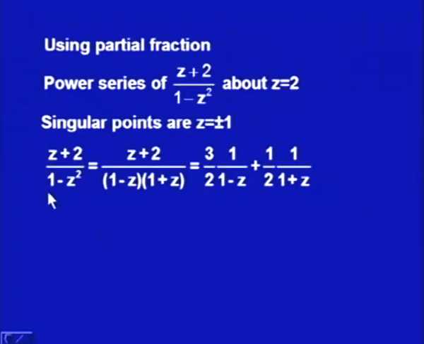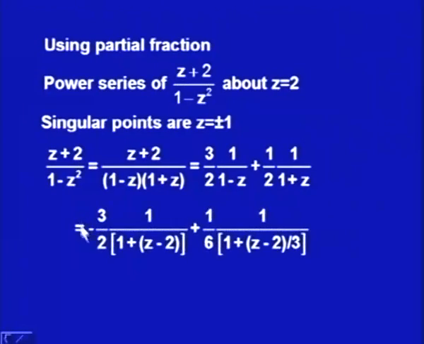the power series for (z plus 2) over (1 minus z squared) in powers of z, but this is required in powers of (z minus 2). So, we have to rewrite this. So, 3 by 2 into 1 upon (1 plus (z minus 2)). I write this expression as 1 plus (z minus 2), which is equivalent to 1 minus z, and this 1 plus z is written as 1 plus (z minus 2) by 3. So, this will simplify,